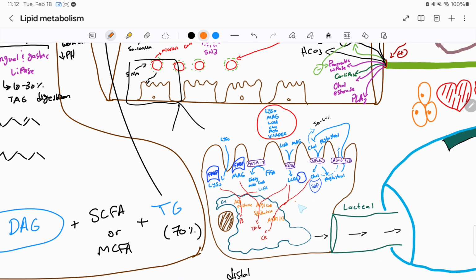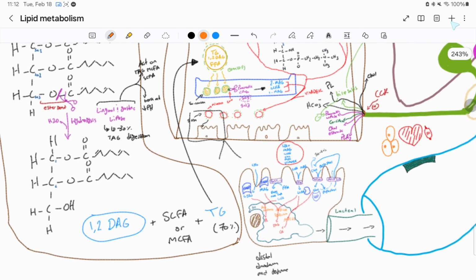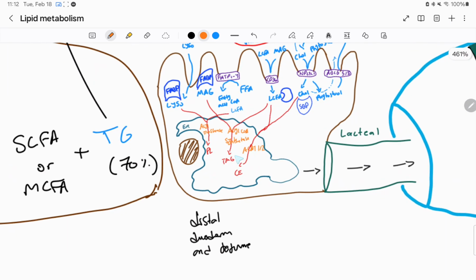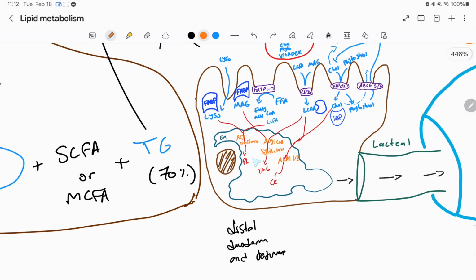One, because they just can't do that, and two, because the plant sterol doesn't even make it in here. It makes it in and it's immediately pumped out, so none of it is actually absorbed. Okay. Now, why did we have to bring these guys into the ER? Well, we brought them into the endoplasmic reticulum because we wanted to resynthesize them, but more importantly, now we actually